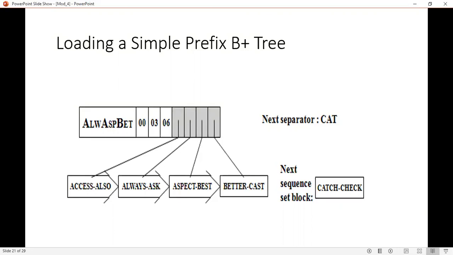To create or load the simple prefix B plus tree, we begin by sorting the records that are to be loaded. That is, first we will sort the records, then only can we guarantee that the next record we encounter is the next record we need to load.